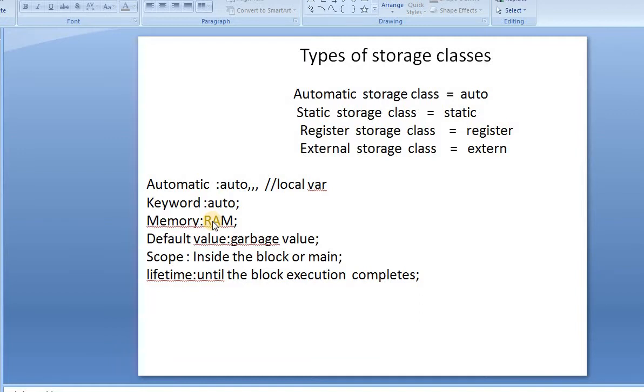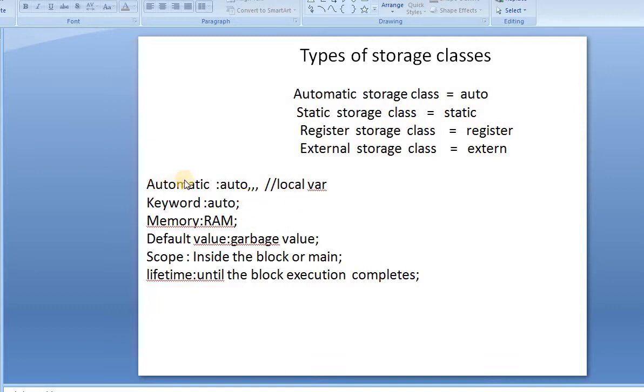The default value of these variables is a garbage value. The scope of these variables is inside the block or main. Generally, local variables are declared inside the block or inside the main.